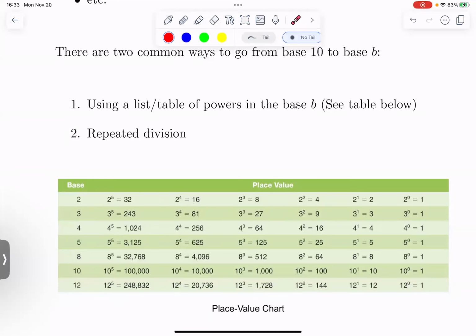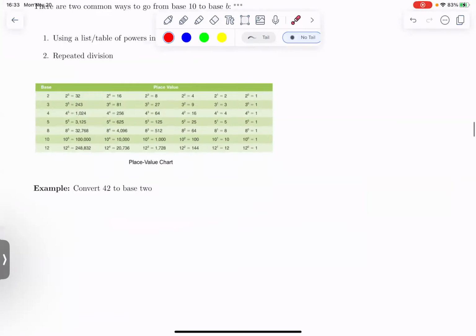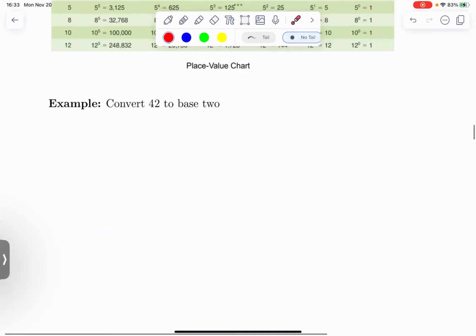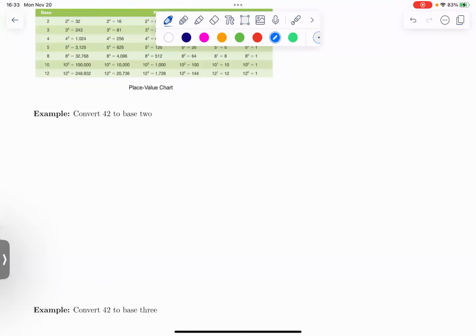And so then we could use something like this to figure out what the biggest possible thing that you could divide out is, and then go from there. Or repeated division. I actually kind of prefer repeated division in this case because it's easy. Just keep dividing, use your calculator. And so we're going to use both methods for this one. So we're going to convert 42 to base 2. Now, if I'm going to use the table,